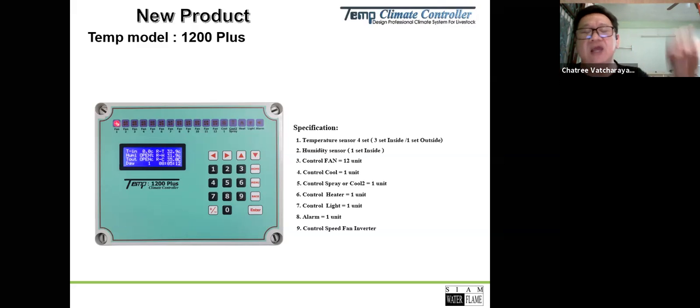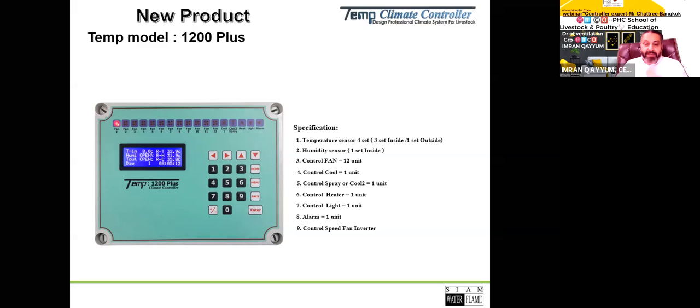So you can connect: if one fan, how many percent? Step 1, one fan is step 1. How many percent air inlet? Fan 2, how many percent you can set with another box connected to this one. You understand? It means that